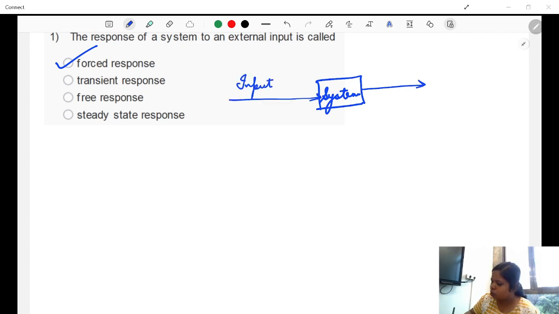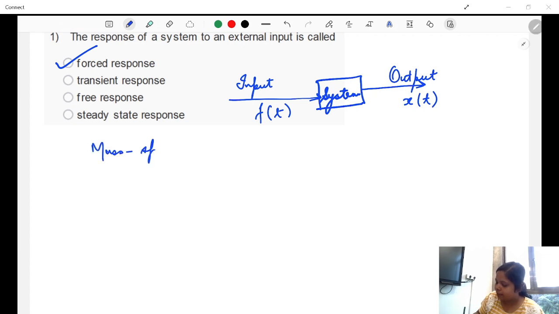Let's say it's some sort of force. So it is F(t). We want to have some output from the system. Let's say we want to measure x(t), or what is the displacement of the mass that's attached to a spring. So if it is a mass spring damper system,